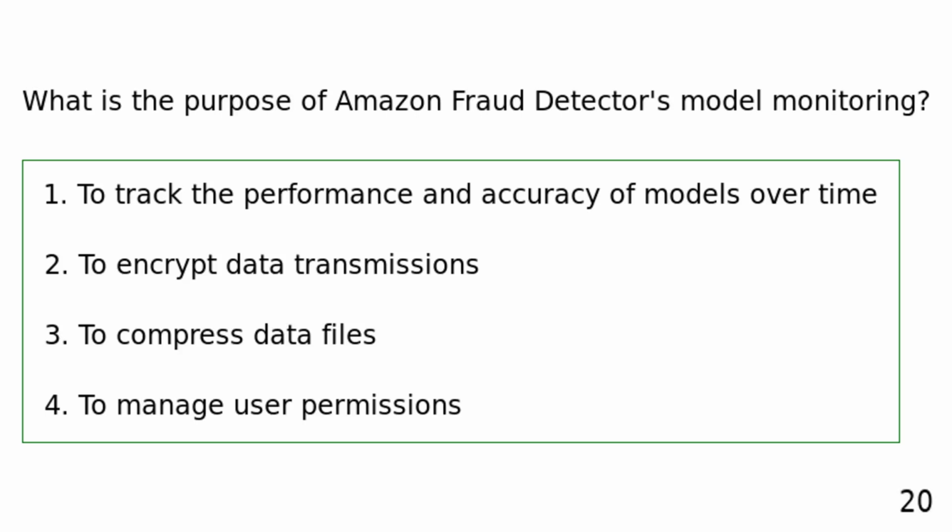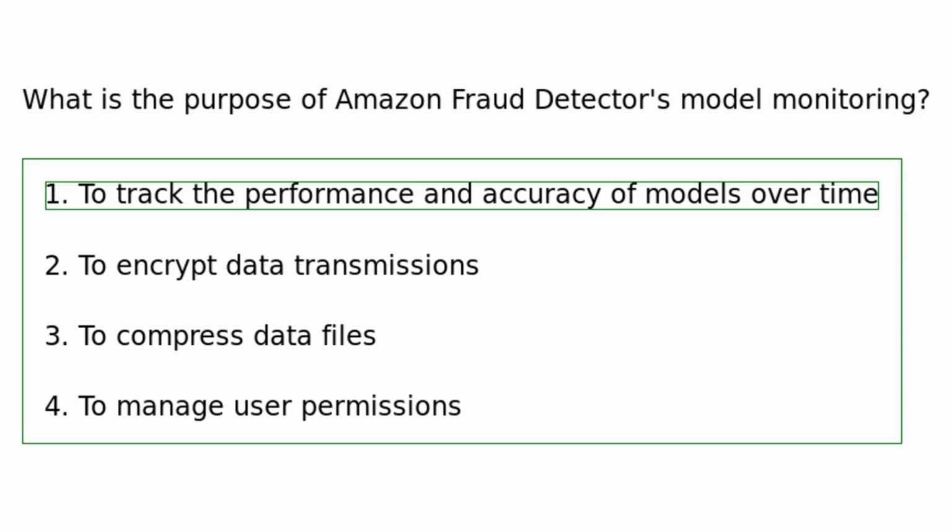What is the purpose of Amazon Fraud Detector's model monitoring? To track the performance and accuracy of models over time. To encrypt data transmissions. To compress data files. To manage user permissions. The purpose of model monitoring in Amazon Fraud Detector is to track the performance and accuracy of fraud detection models